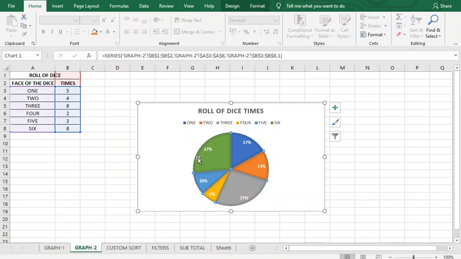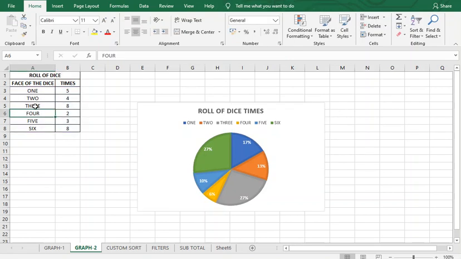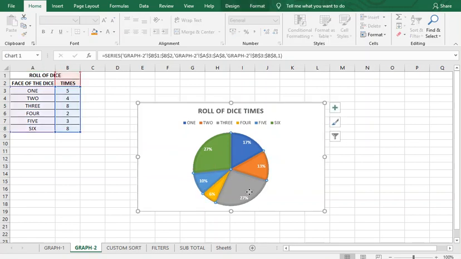The number 6 came 8 times when we threw the dice. So there are two numbers, 6 and 3, and these two numbers cover the most part of the pie chart. If you add all of them, it will make 100%.